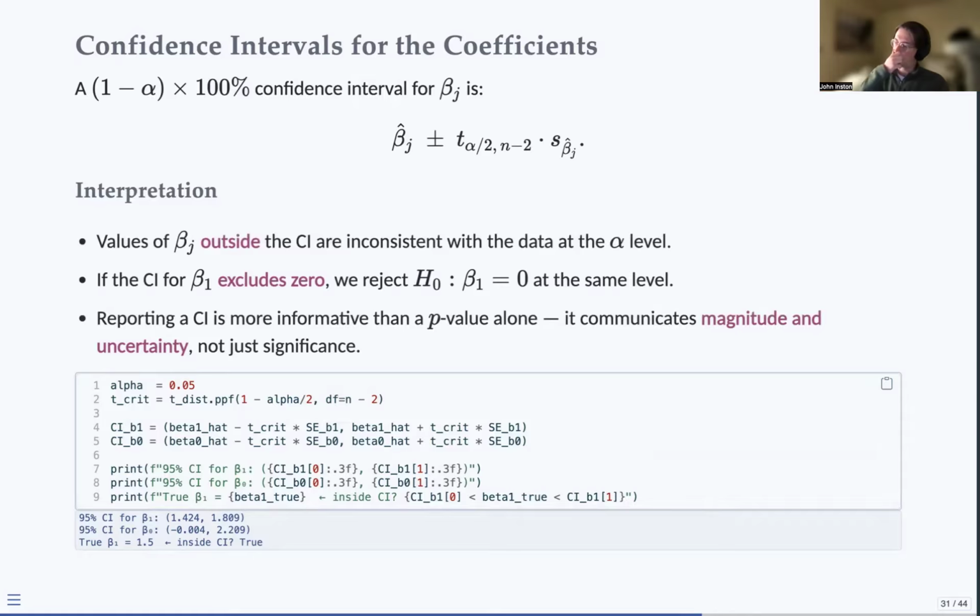So if anyone has any questions about that, please come and discuss it with me, and we can do some examples of confidence intervals and p-values and intuitively understand what they're doing. This is just computing them empirically, using this t-crit as our critical value, again just using the t-distribution function,